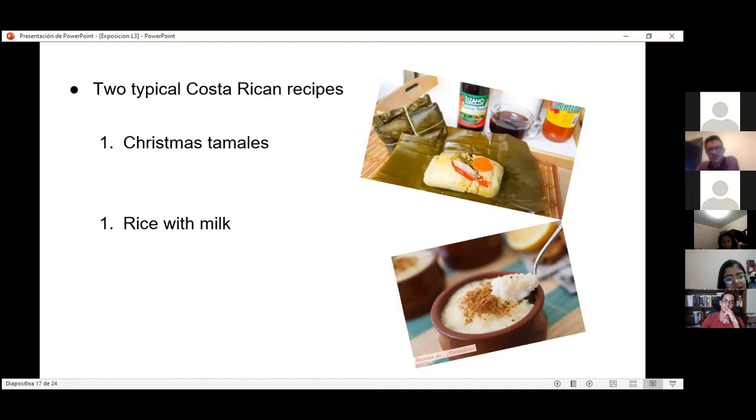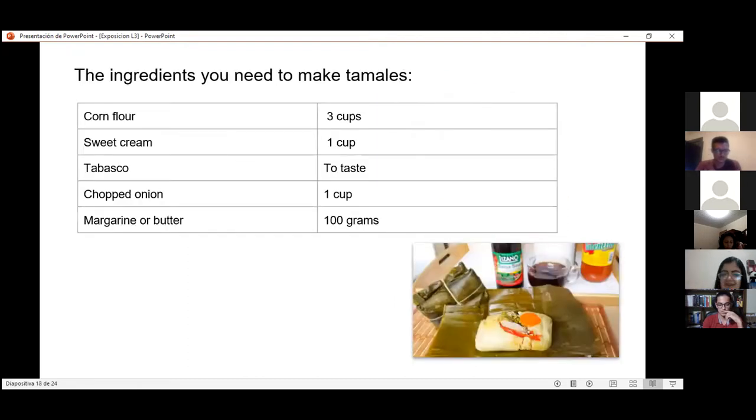I can say that the main ingredients for preparation of any Costa Rican recipe: corn, yuca, beans, plantain, pork, beef, chicken, potato, variety of fresh fruit, vegetable. Next. Okay. The ingredients. Now